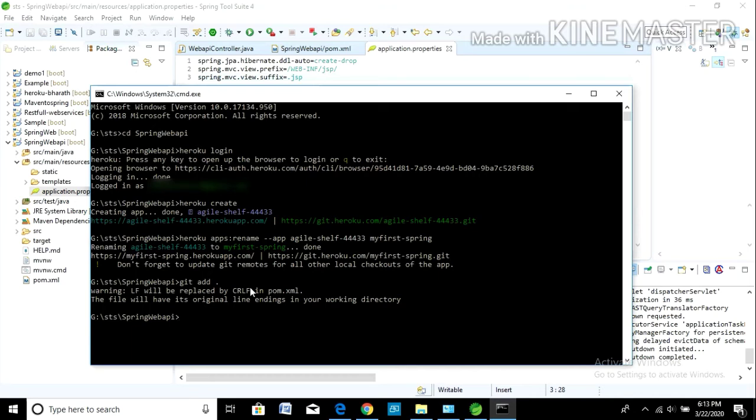Open the command prompt and type git add and git commit -m, and give any comment, like added Postgres DB. Now you can see two files changed. One file is pom.xml and one file is application.properties. Now git push heroku master.